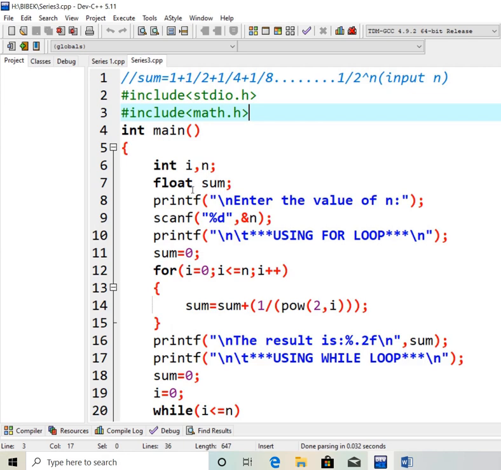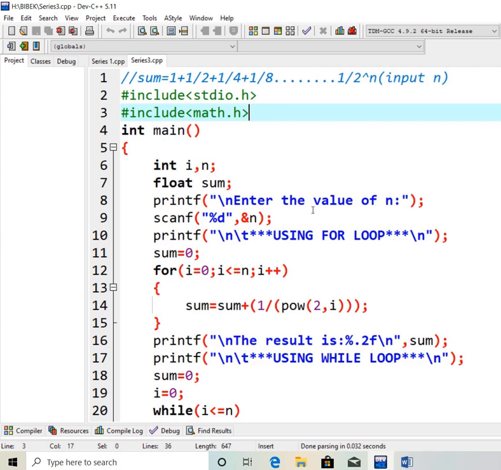Okay, so see here, this is i and n, two variables which I am taking in integer data type. Then I have to take a variable that is sum, and I take it in float data type. Okay, because see here, I have to print the final value of sum. So this can be a floating point result, because here is the division. So we have to take the variable sum in float data type.